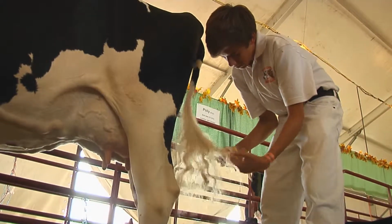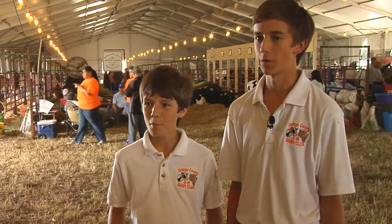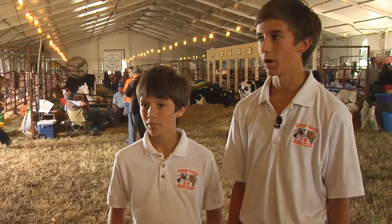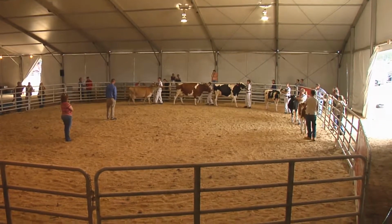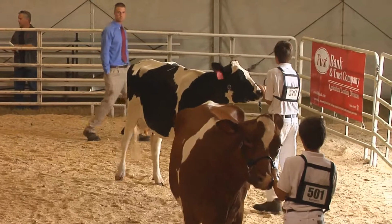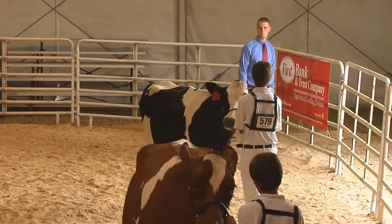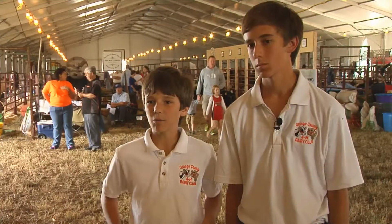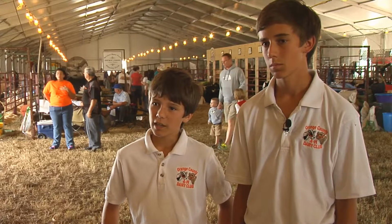Today, the boys are preparing their animals for competition. You want them to be really comfortable before the show, because if they're in like a bad mood, then they won't show very well. And so you want to keep them comfortable. Judging is based on how their animal compares to the ideal specimen in that particular category. The judge is evaluating how well the animal is groomed, but also the way the animal moves and cooperates with its young handler. You try to keep them where they're handled enough with people that when you're in the ring,